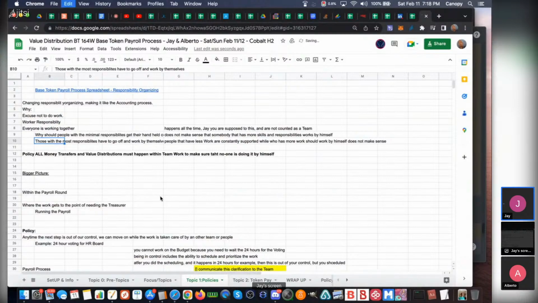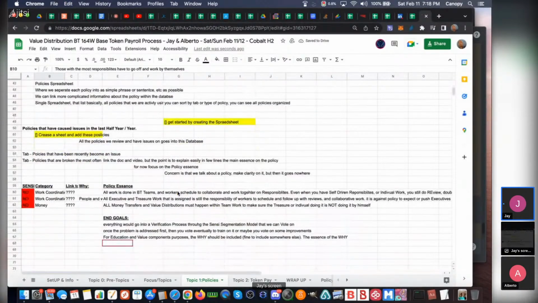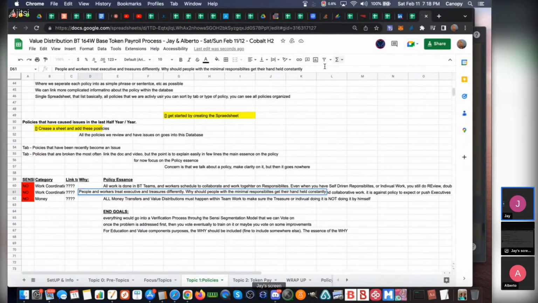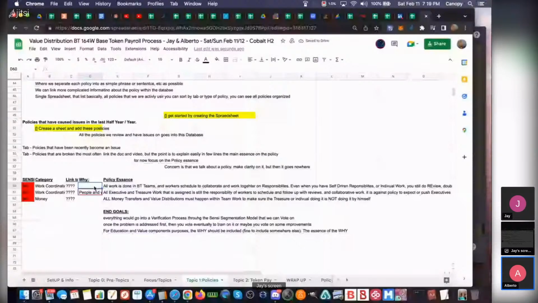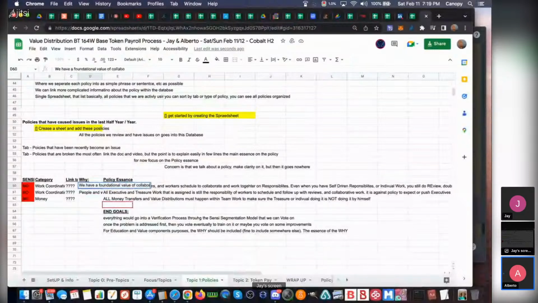I feel like the why is actually much more information than the actual policies. Anytime you're looking at the why, it's always going to be more. Yeah, we want to try to get the essence of the why. All money transfers must happen within teamwork to make sure the treasurer and individual don't do this by himself. So, for example, the why here is